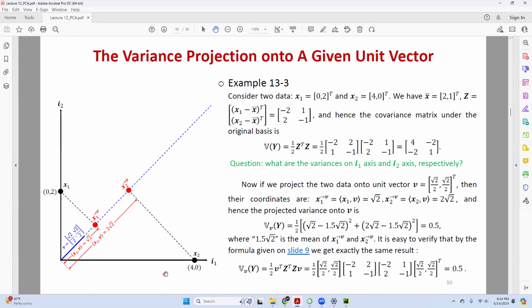So now I'm going to ask you, hey, how to calculate the variance of x1 and x2 on this direction? So now I have square root of 2 and 2 square root of 2. Then how to calculate the variance? Essentially, we calculate in this way. This is the very fundamental definition of the variance, right? First of all, I get a mean. So square root of 2 and 2 square root of 2, the mean is 1.5 square root of 2. And then each data minus the mean squared plus another data minus the mean squared, and then everything divided by 2 because I have two numbers. So according to the original definition, I should have the variance equal to 0.5.